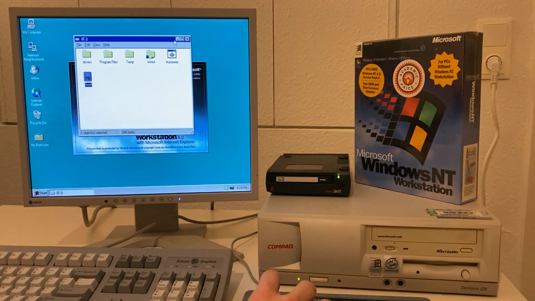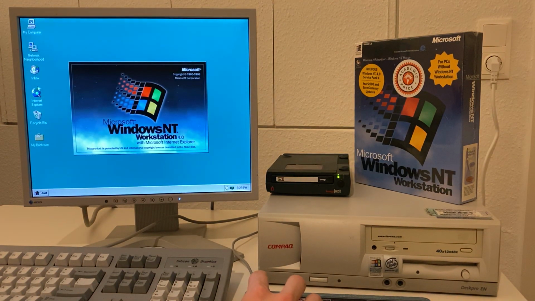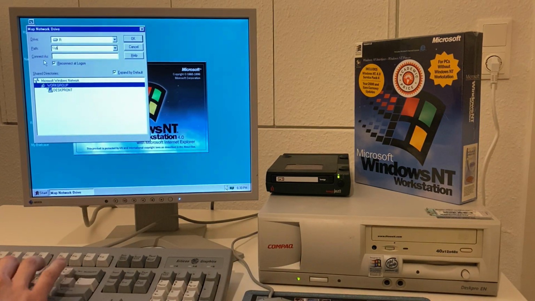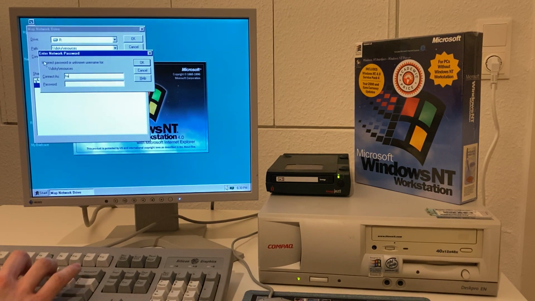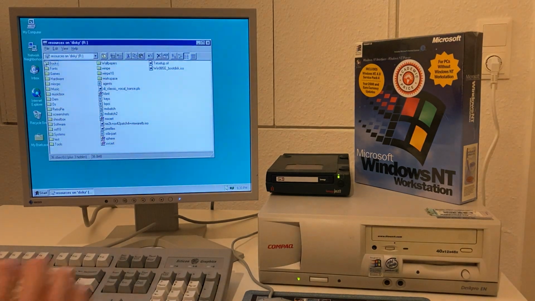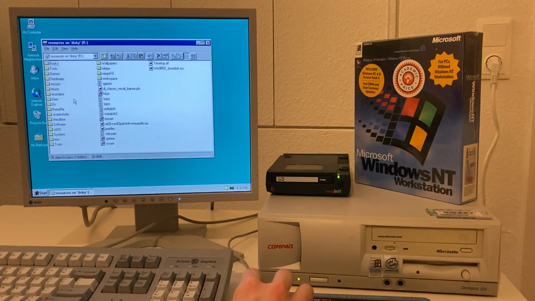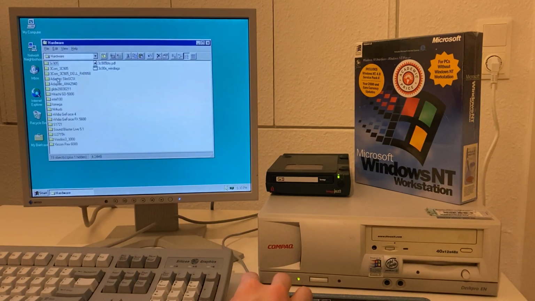But yeah, there's not too much left that we would want to install. I would definitely install IE4 with Active Desktop, just because that's a good throwback. And yeah, those couple extra patches, but in general, we're good here. Should even be able to map a network drive to my file server. Yeah, there we go. Mapping network drives. Really, really handy, because then I've got somewhere in here I have the drivers for, yeah, there we go, NT4